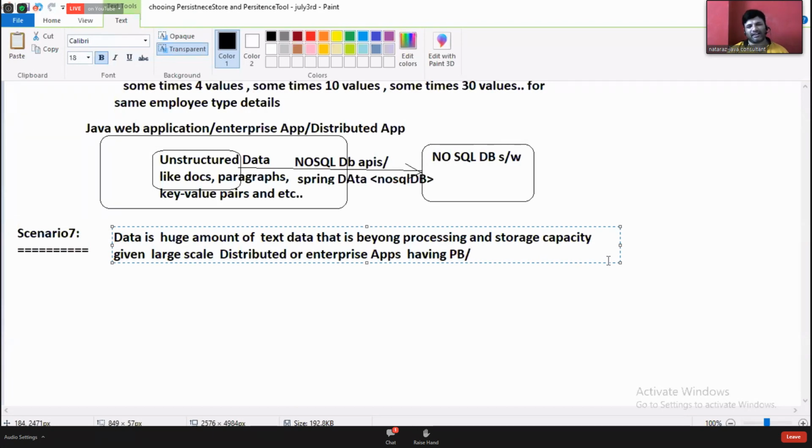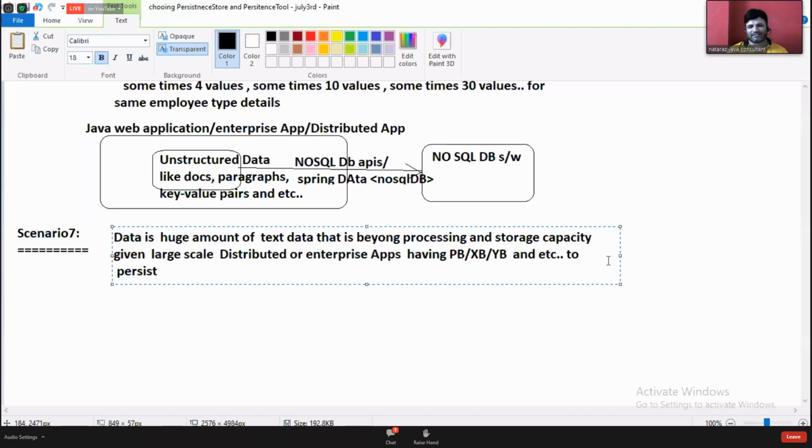Enterprise applications having petabytes, exabytes, zettabytes. I think you know all these things. 1024 bytes is equal to 1 kilobyte.